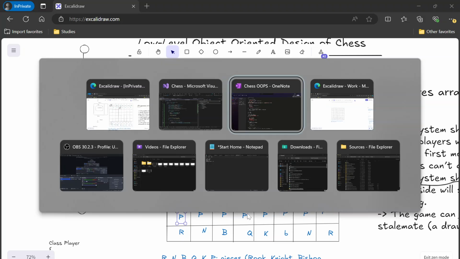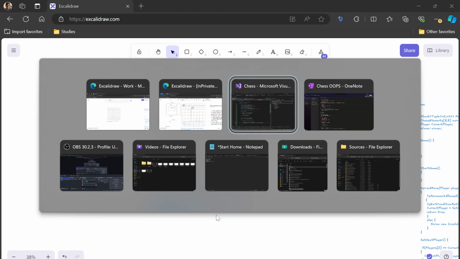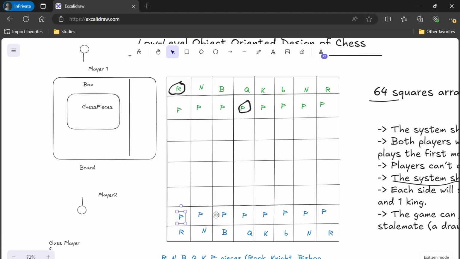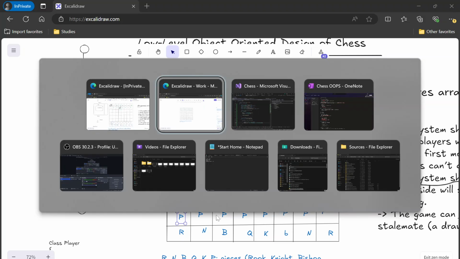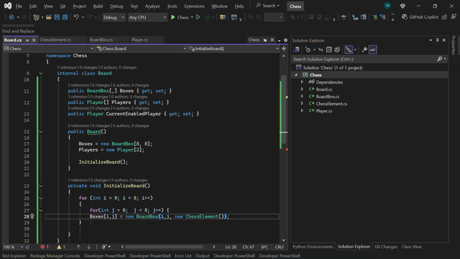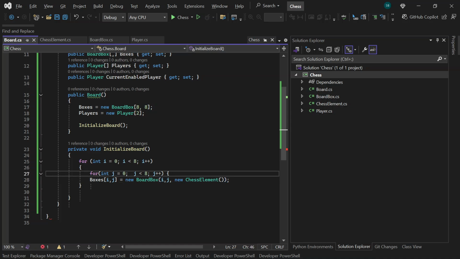So basically for all the rows and for all the columns, and only the first two rows and the last two rows, we are going to fill it with the pawns and the rook, knights, bishop, etc. So this is on a very high level how we are going to set up our